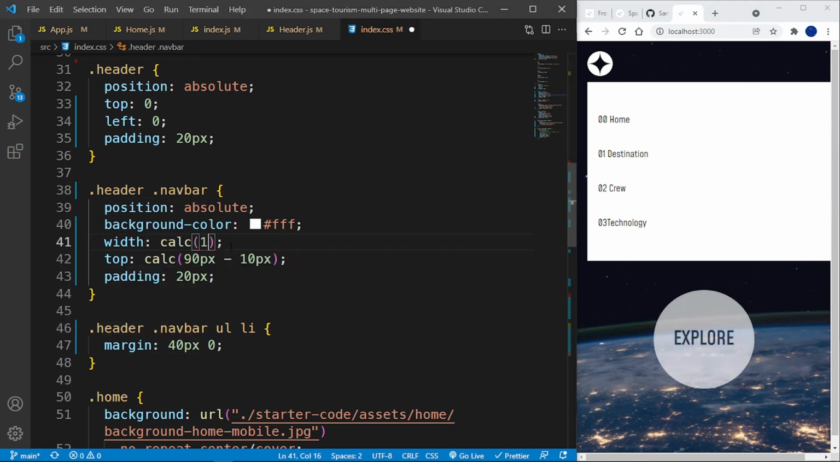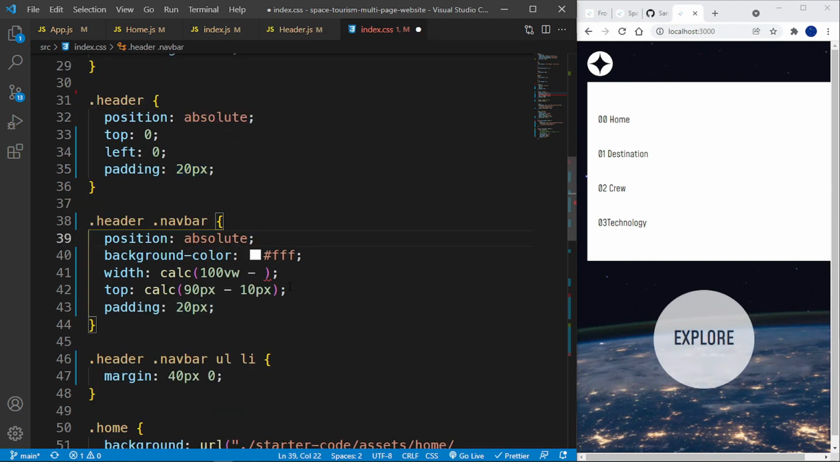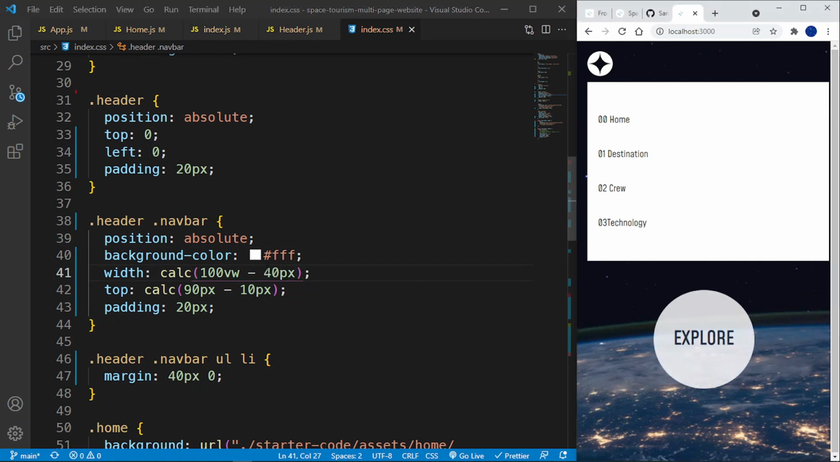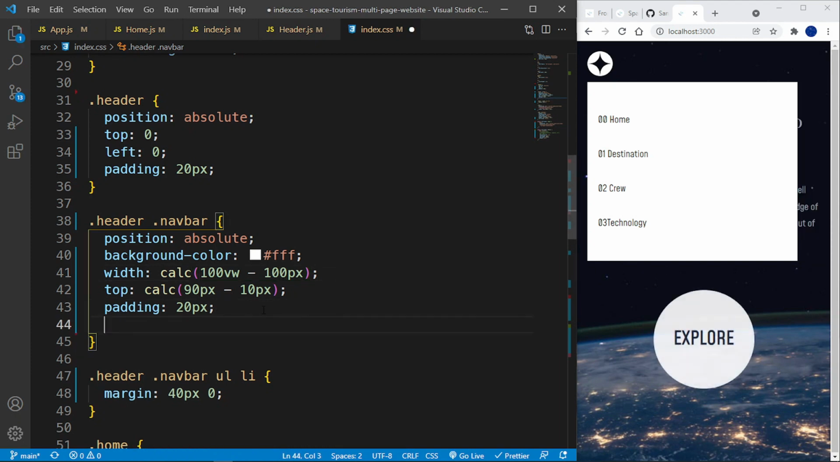Let's say calc 100 viewport widths minus what you had on the left and right. So 20 pixels, so minus 40 pixels, which should now limit it. Let's say minus 100 pixels just to be safe. That's looking horrible, but that's okay because we can fix it by setting this to the left by 50%, and